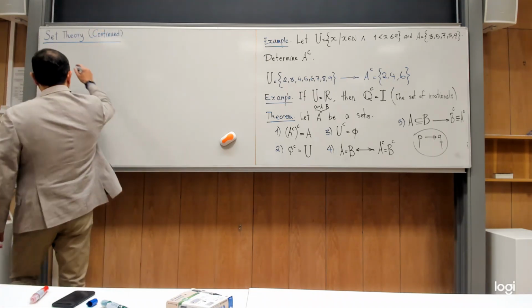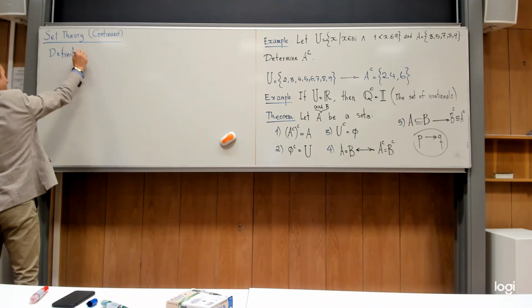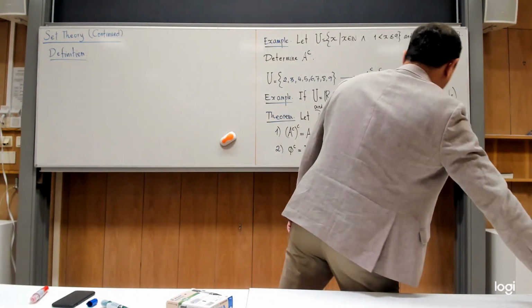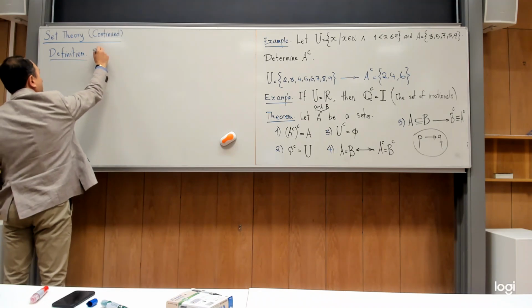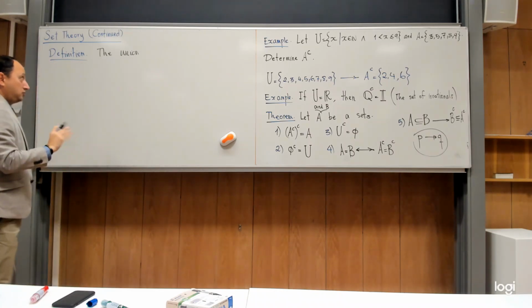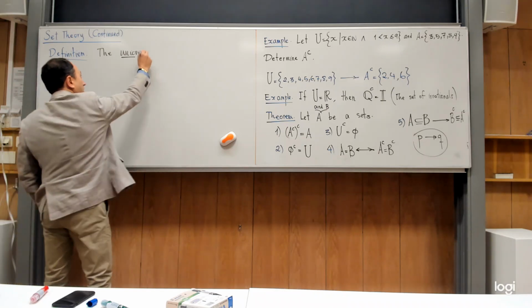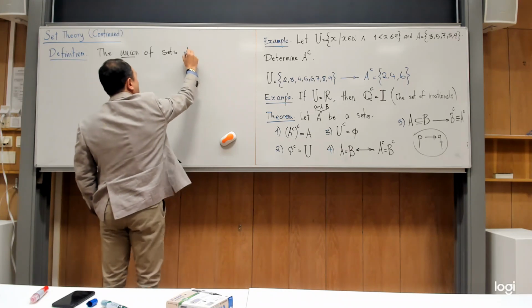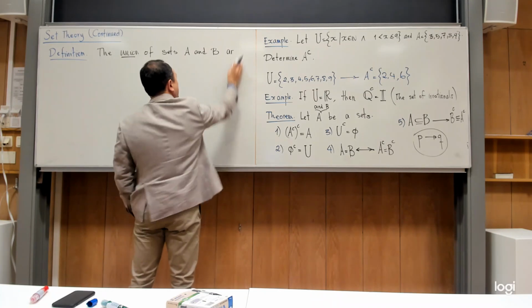So definition. Let A and B be sets. Let me write it in this way. The union, this is the word that I want to define. You cannot say addition or sum. That's the terminology. You need to respect. The union of sets A and B is denoted by